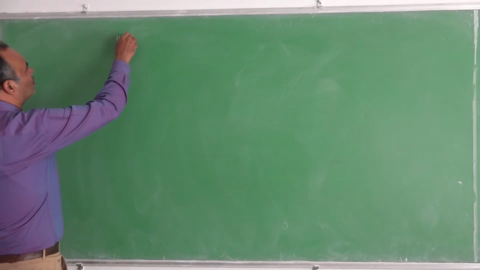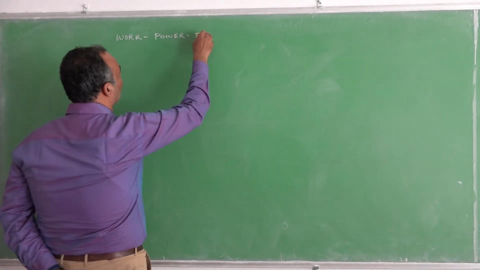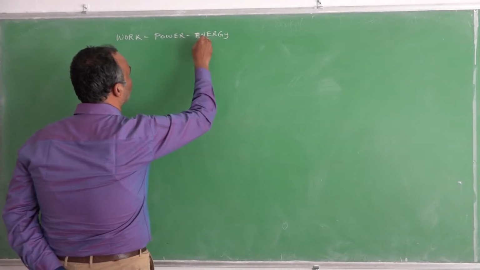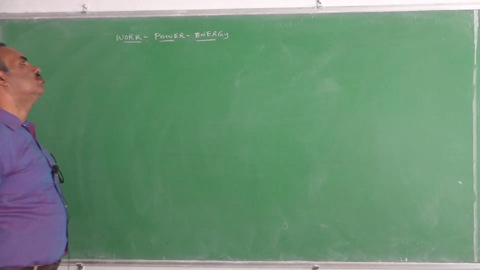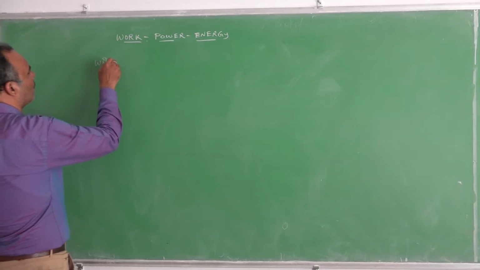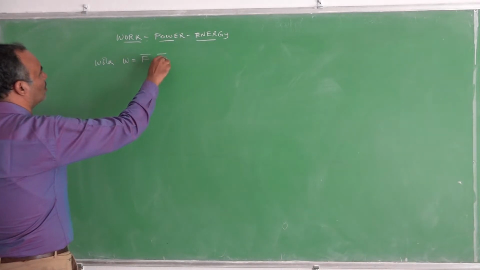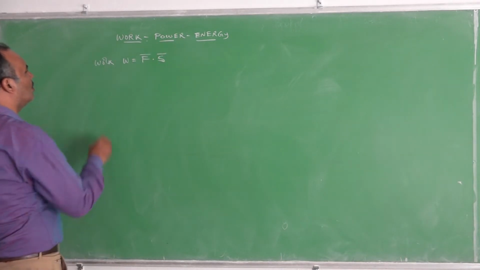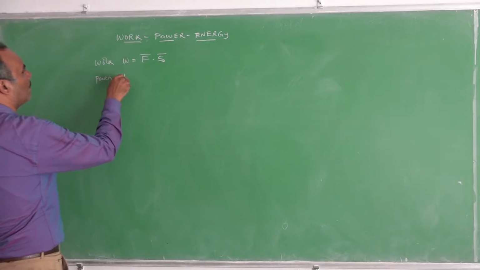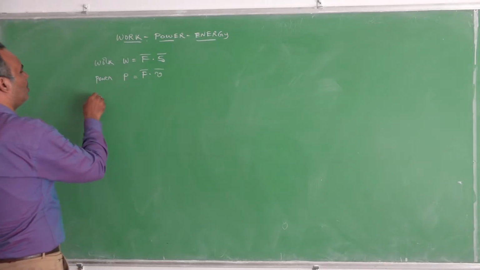Good morning, students. Today, let us revise work, power, energy. As you know, all the three physical quantities are scalars. We define work W as the dot product of F bar and S bar, force and displacement. And we define power as dot product of force and velocity. And energy,